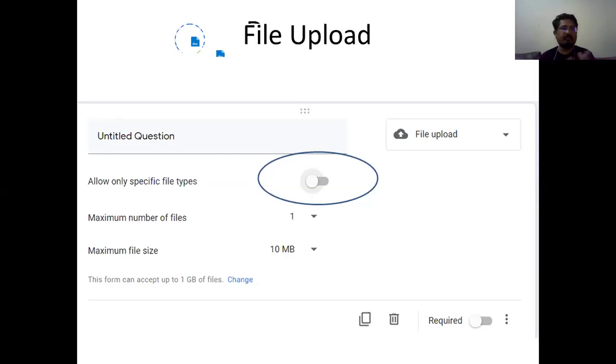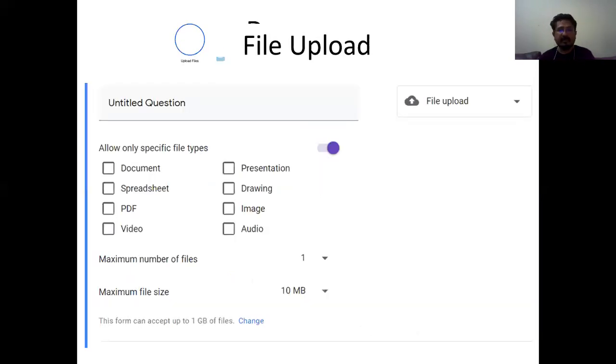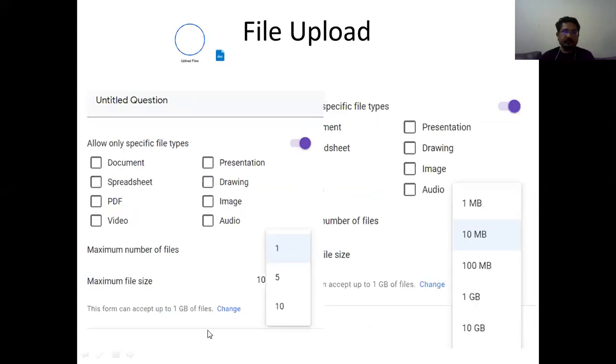Let's say you have given a question, they write on it on paper. Then they can take the picture and upload here. So while uploading, they can upload document, spreadsheet, PDF, video, audio, image, drawing, presentation, anything can be uploaded through this option. The maximum number of files, 10 files by one student, can be uploaded. But I prefer you just click on this 5 option. Don't go more than that 5,